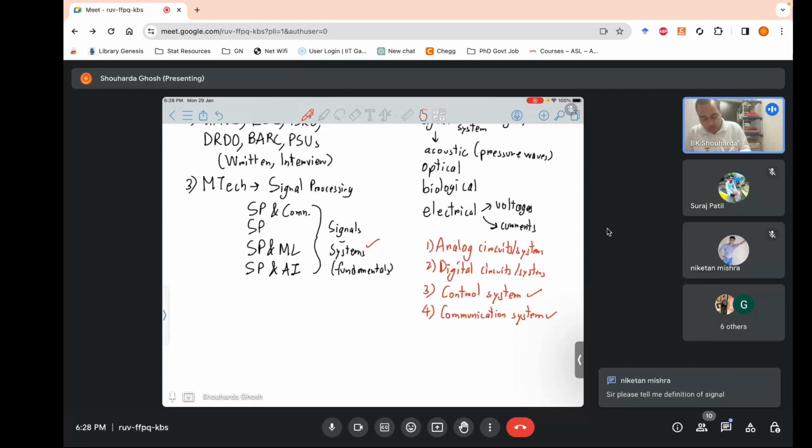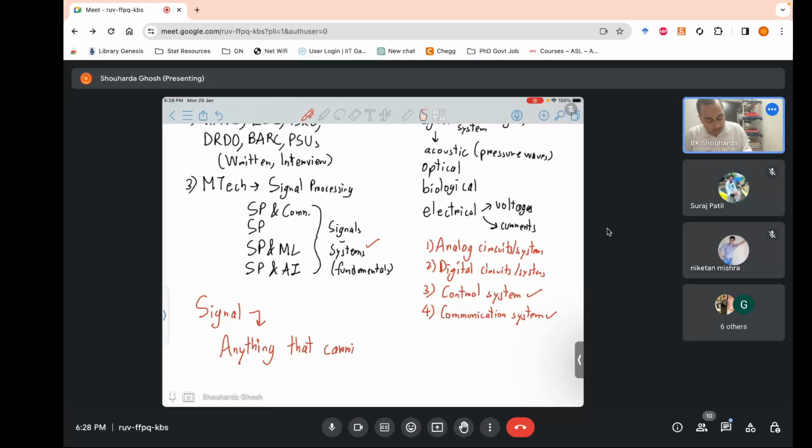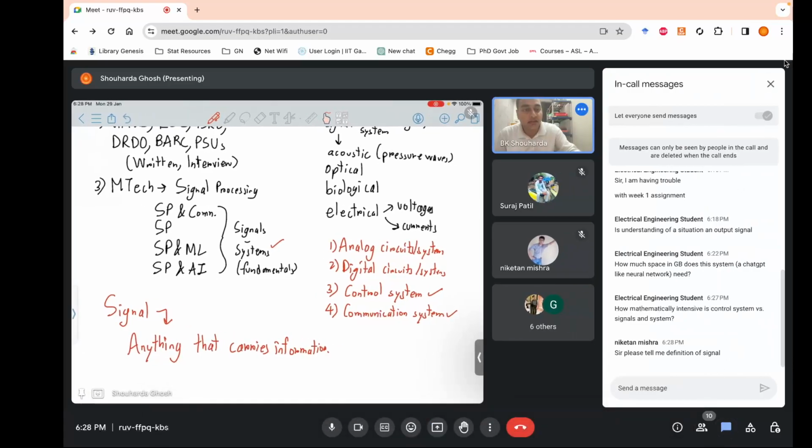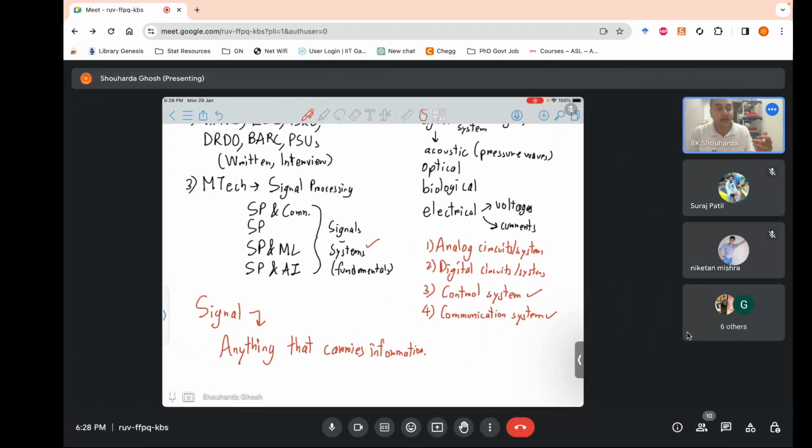So what is a signal? A signal is anything that carries information. For example, you just typed in a text. This text can be a signal in various formats. You try to convey a message. The meaning of this message, that please give me the definition of a signal, is a psychological message in terms of its understanding, a cognitive message.